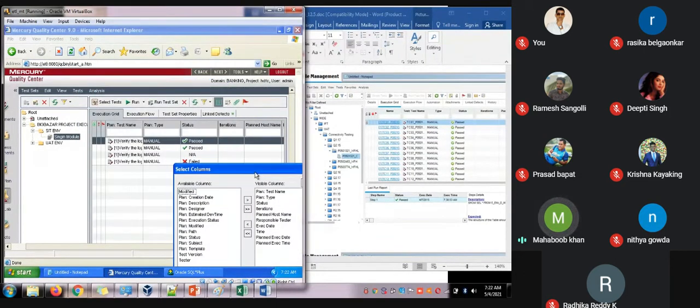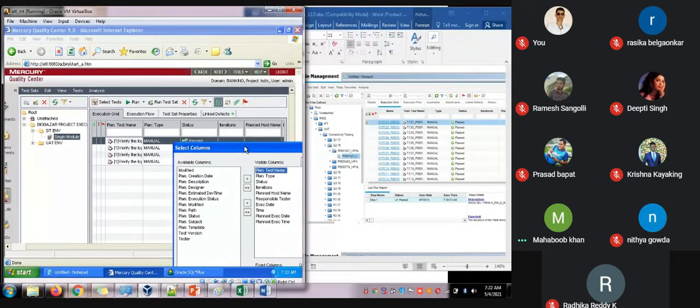If you want the same thing, where is the name? Yeah, this is the test name. They have modified the test name to name. Yes, name here. Name is not there. Okay, type. They have given this type.